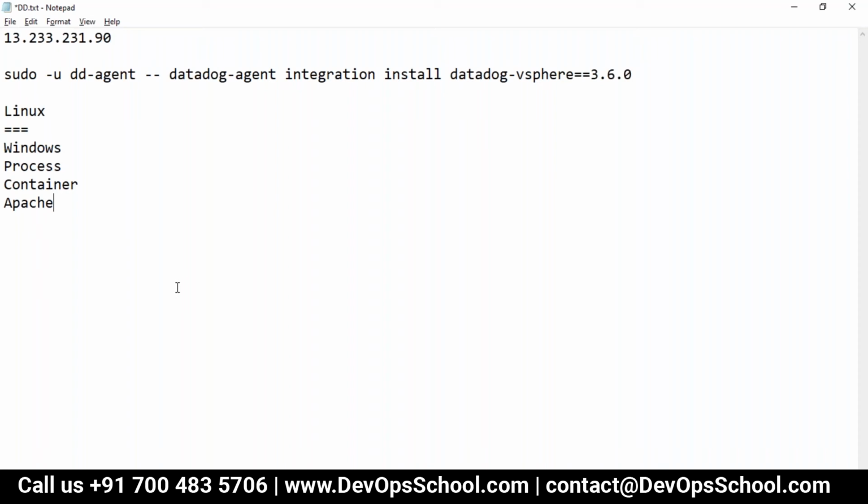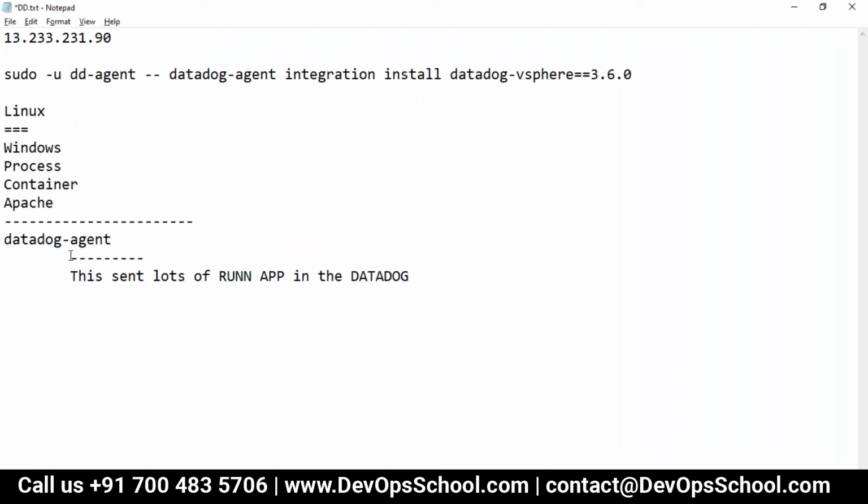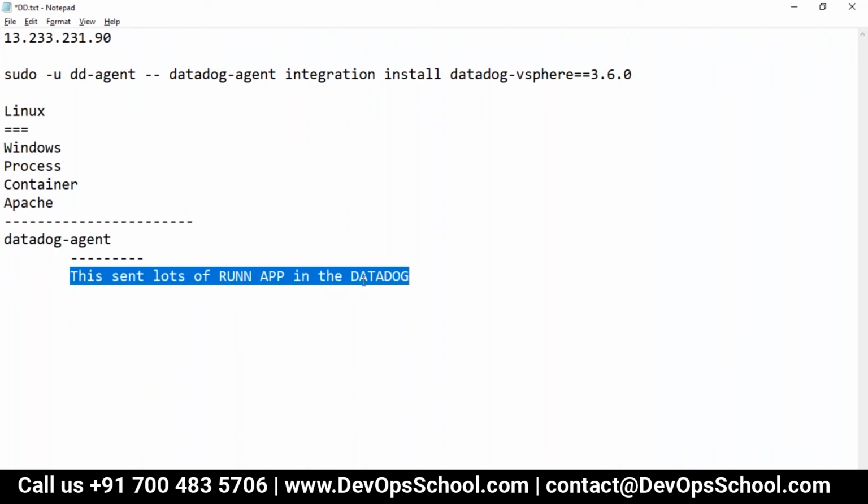Okay. So try to understand this here. When you install the Datadog agent, and when you enable some of the process monitoring also, then this sends lots of data, lots of data of running applications, to Datadog. So now the Datadog agent sends all the data to Datadog.